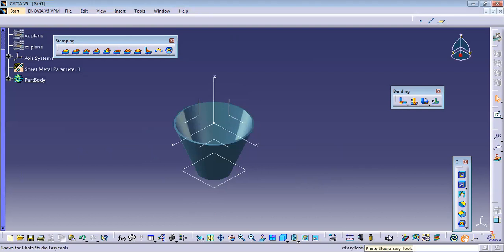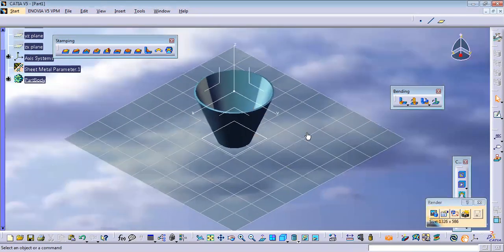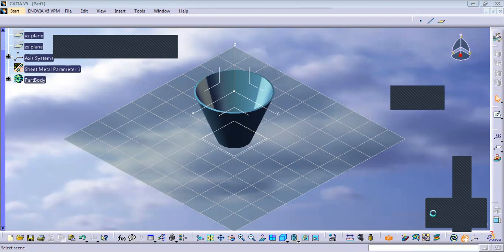Yes, sir. Again, we have this thing called rendering, which is the photo studio tool. Just give a click on this and it will ask you. If you want to render how it looks like this, just click this photo, or else you can create a scene behind this. A scene is nothing but adding a picture to it. This will take a lot of time. Even for a basic thing, it will take a lot of time. It totally depends on the configuration of the laptop or PC you are working with.